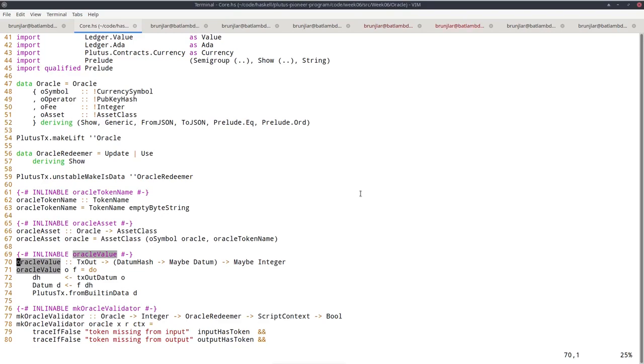There is a Ratio type of rational numbers in Plutus, but that has some issues, it doesn't implement ToJSON and FromJSON. So I felt it was easier to just use integer for the Oracle values. So basically I just take the true exchange rate and multiply it by 1 million and then round. So an exchange rate of 1.75 would correspond to the integer value 1,750,000.